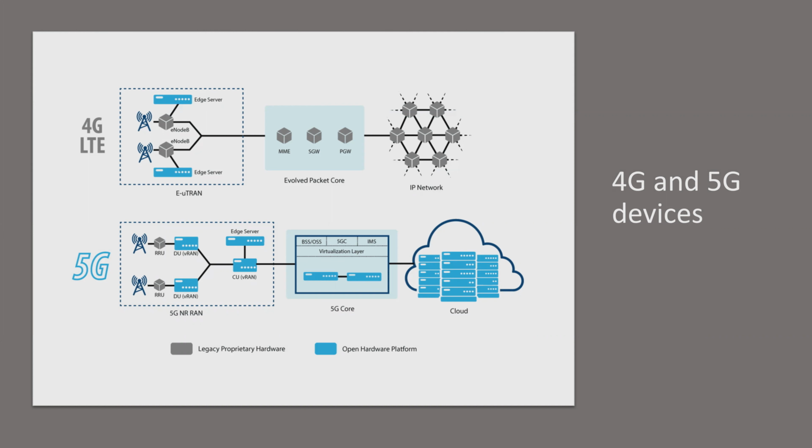Okay, all these devices will actually serve your packet in one way or the other. As I mentioned here, all those gray boxes are the legacy proprietary hardware, and all the blue boxes are on the open hardware platform. So what happens here is, if you see one more example, if I can take an opportunity to talk,